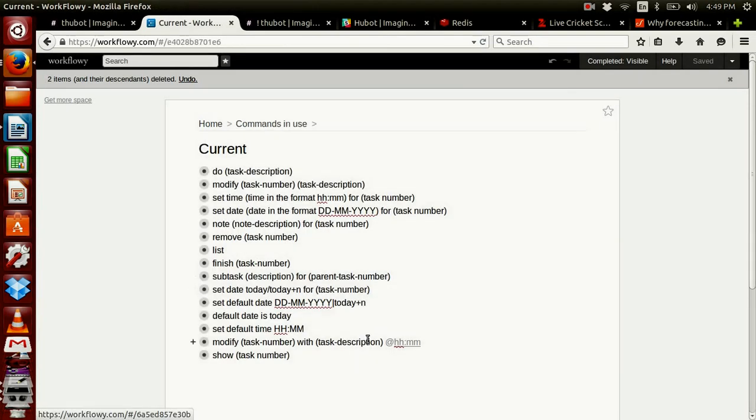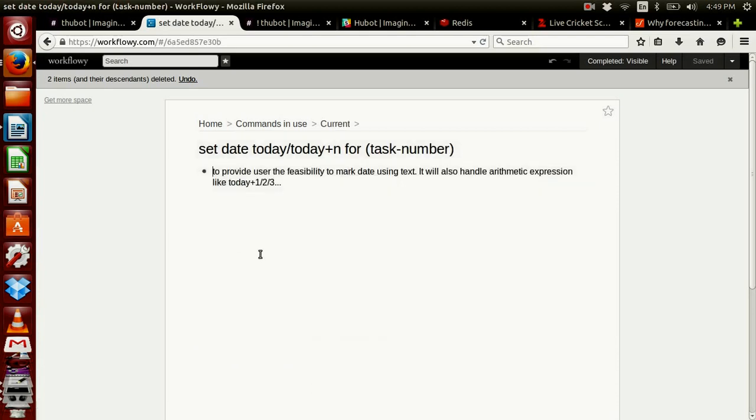Next command that we are going to see is set date. This is the same command that we used previously, but the format is different. We can use set date and we can use today or today plus some number for any task. So the syntax is set date followed by today or today plus n, where n is any number, for task number.